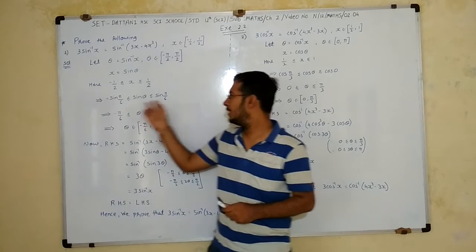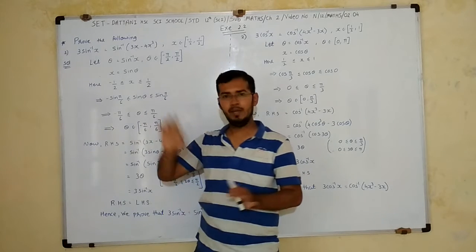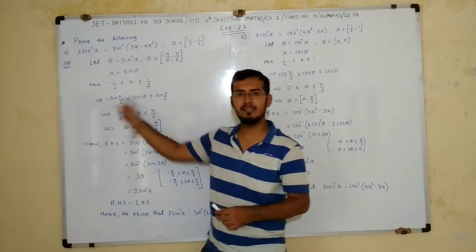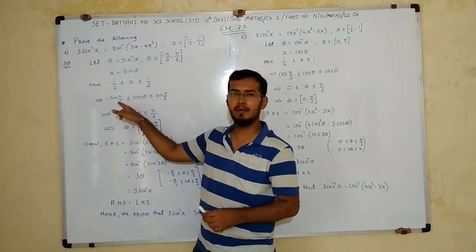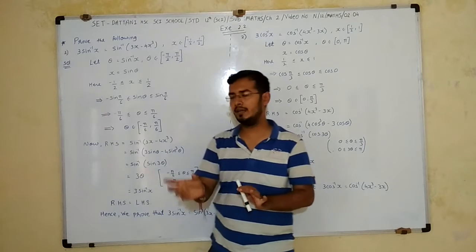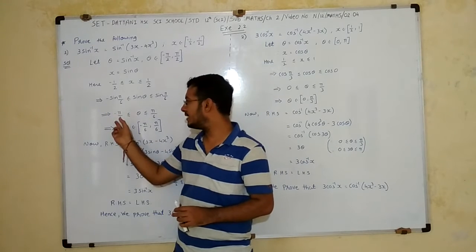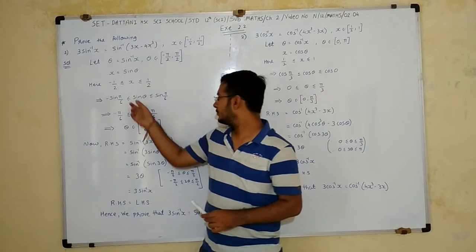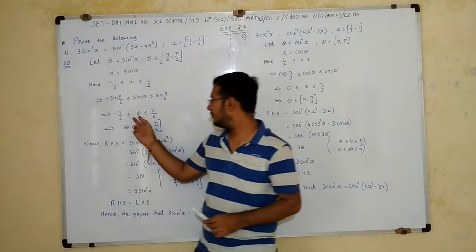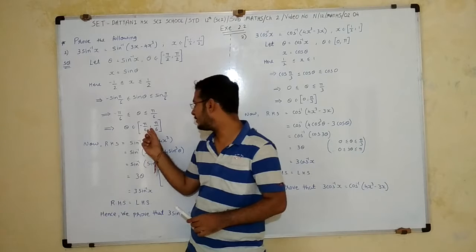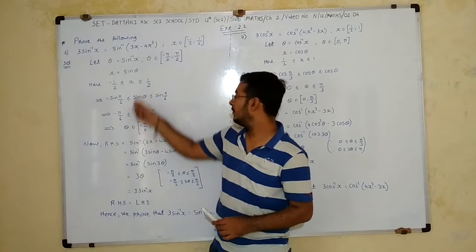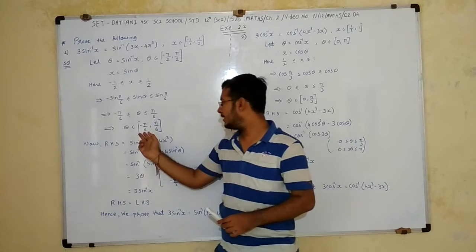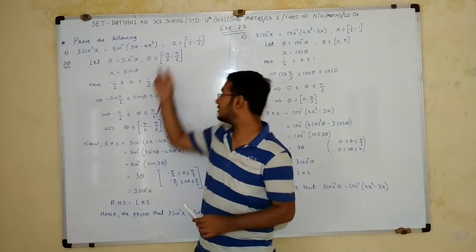Similarly here. Now there is sin on all sides. We do not cancel the sin, but just apply the inverse function on all sides. Here we put sin inverse of sin pi by 6. So sin inverse and sin cancel, as it is in range, and that's why we get pi by 6. We learned this in 2.1. So we get theta as pi by 6. It means theta belongs to minus pi by 6 to pi by 6. Our range is minus pi by 2 to pi by 2, which means minus 90 to 90, and here we get minus 30 to 30. So it is in range.